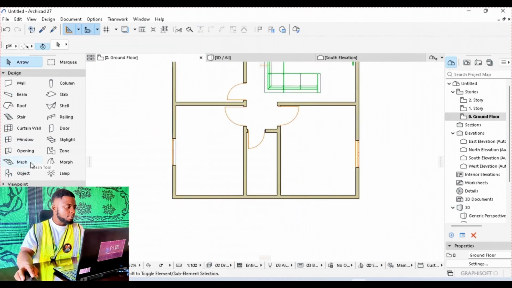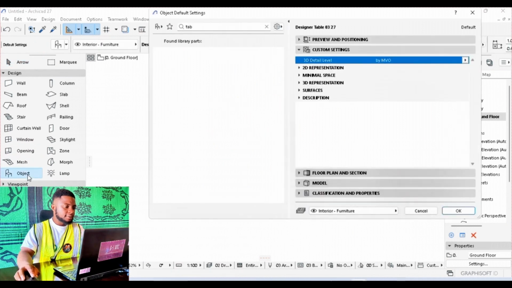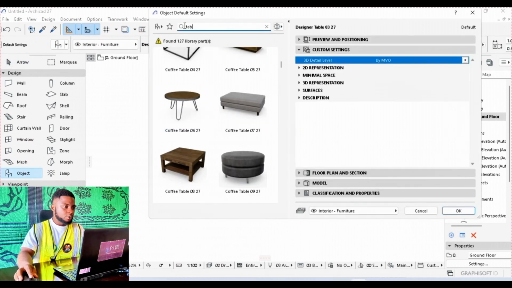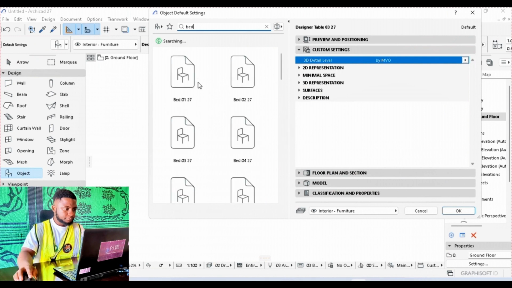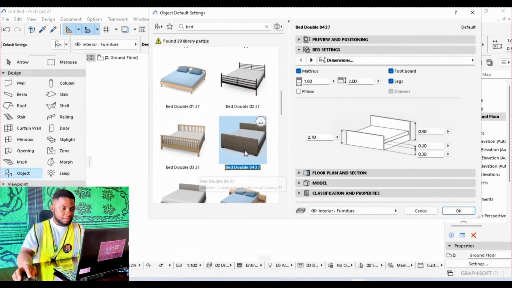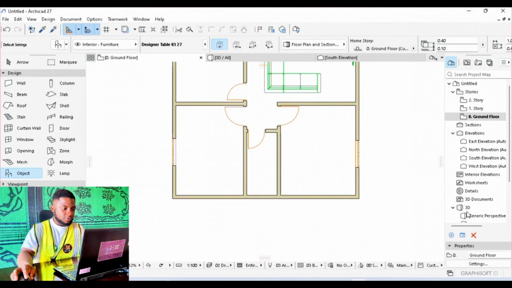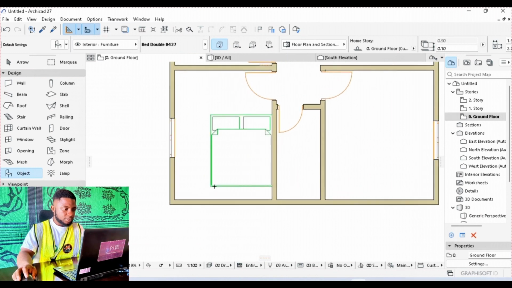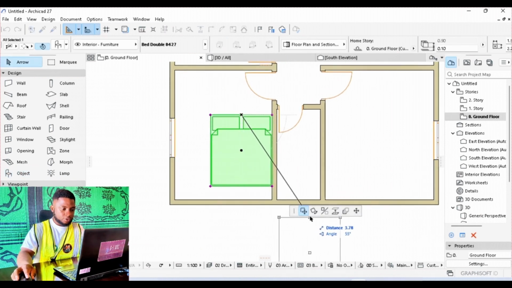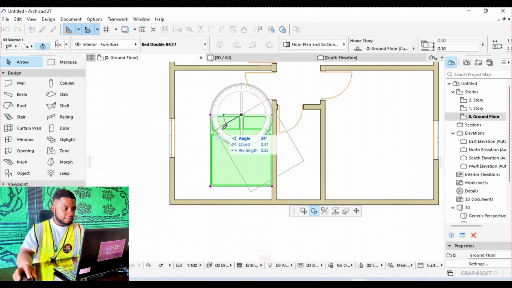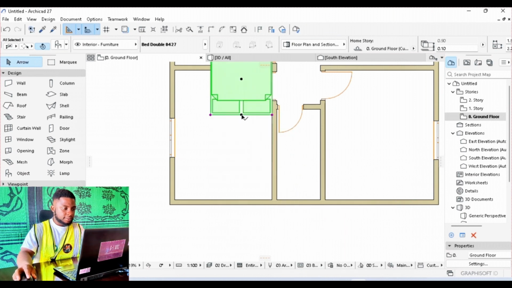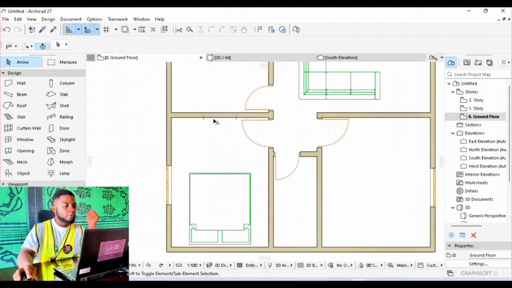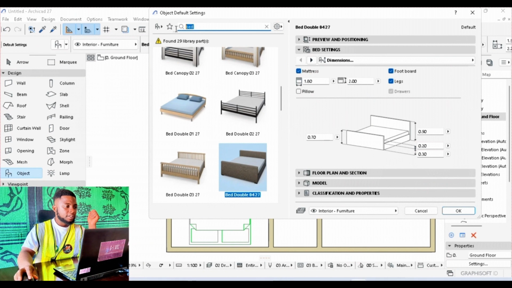Then in the bedroom, I'm going to click on objects, and I'm going to type in bed. And I prefer this type of bed, so I'm going to choose it and place it this way. We can just rotate the copy by using this rotate command this way, and we're going to have something like this. A wardrobe this way. So click on objects, type in wardrobe,